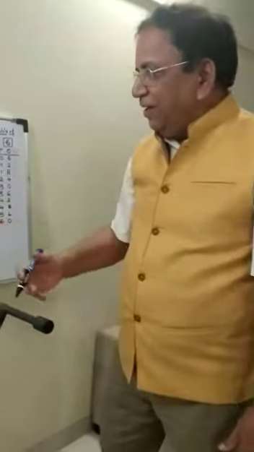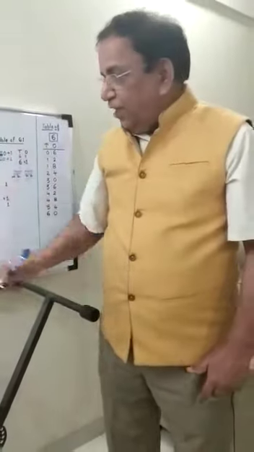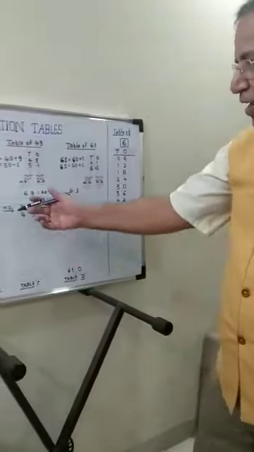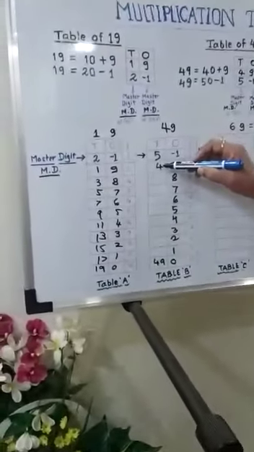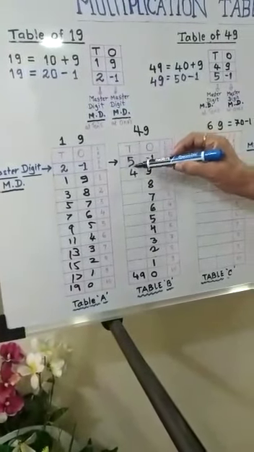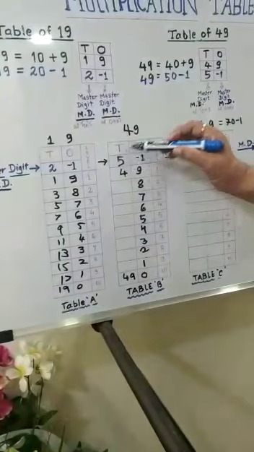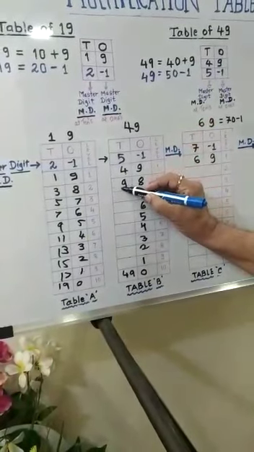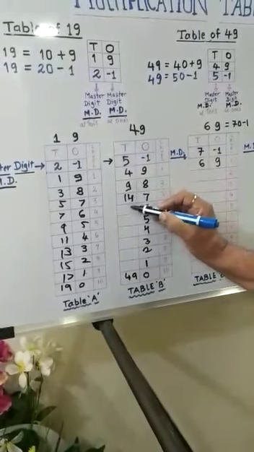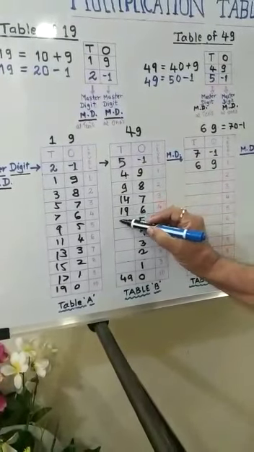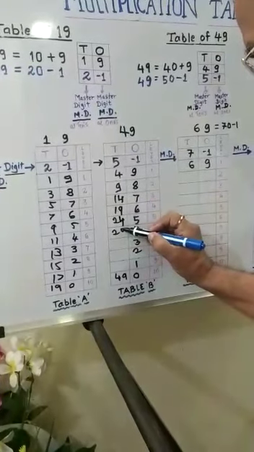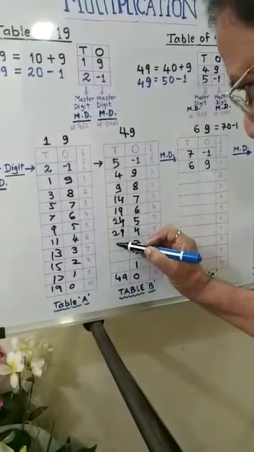Now let us go to the tens place numbers. If you can get these numbers, then our entire table will be ready. We know this first number, 4. Now we want to get the next number. How to get that? Simple. Just add the master digit to the number that we know. So 4 plus 5, 9. 9 plus 5, 14. 14 plus 5, 19. 19 plus 5, 24. 24 plus 5, 29. 29 plus 5,